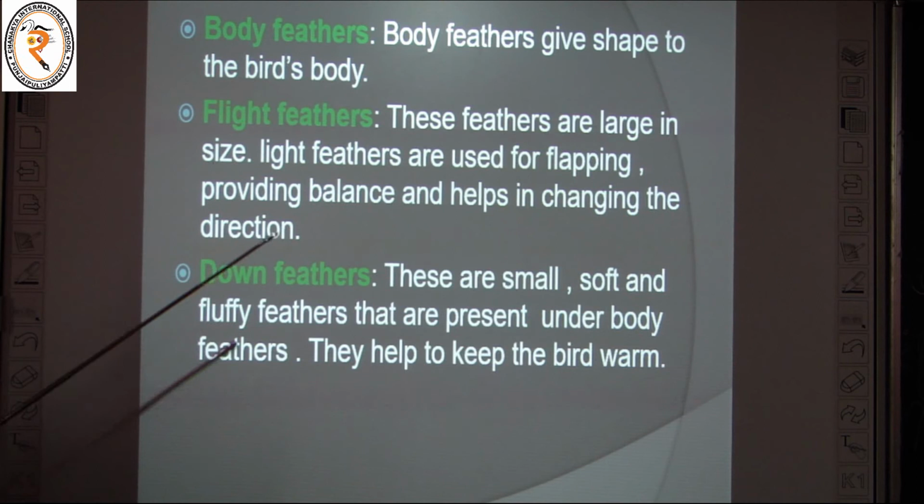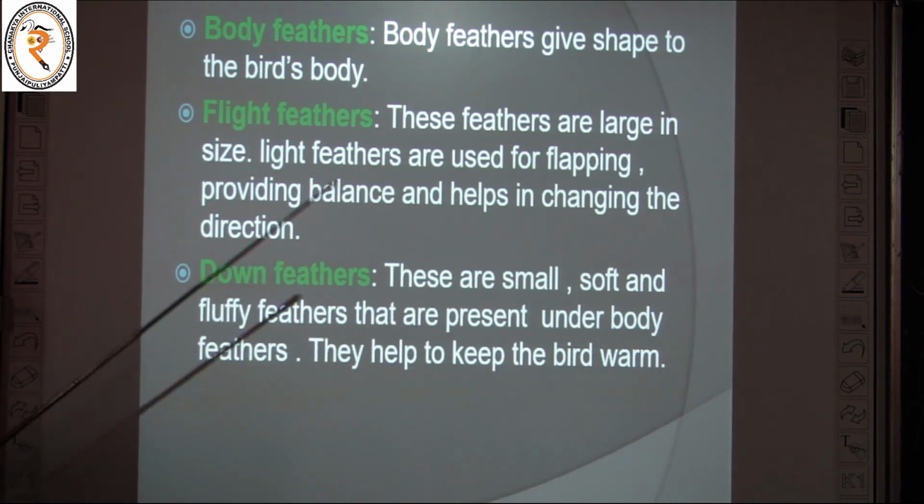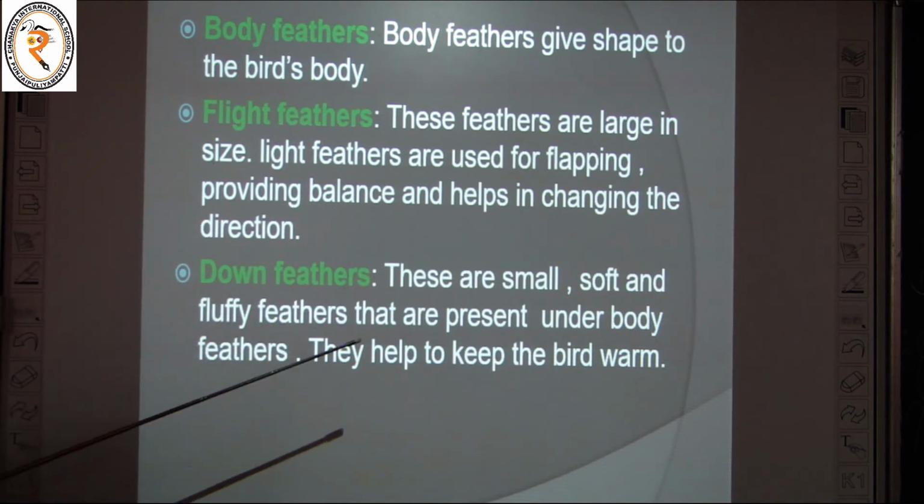These feathers help in flapping, moving, providing balance. Down feathers are small, soft and fluffy feathers that are present under the body feathers. They help to keep the bird warm.